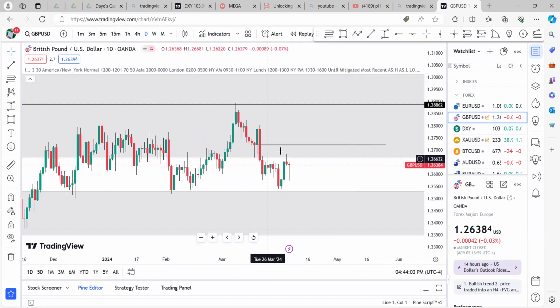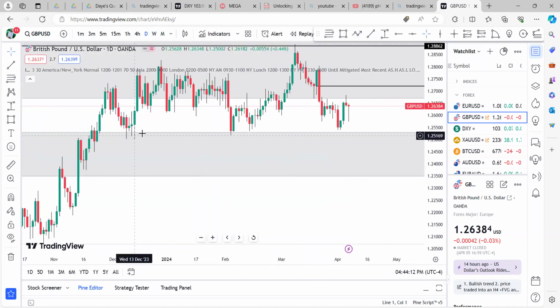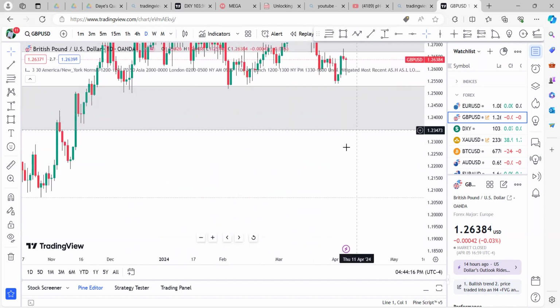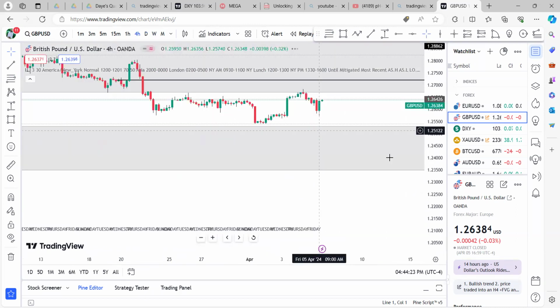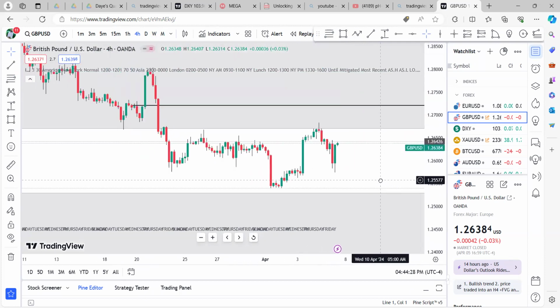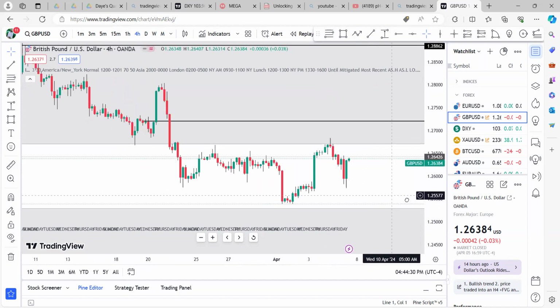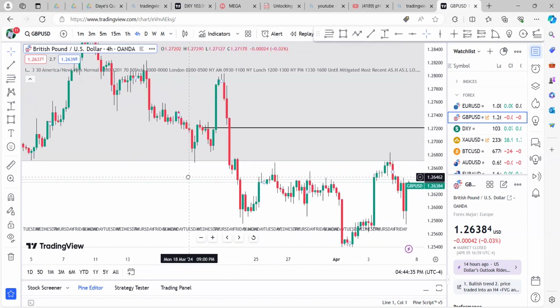There's another block, and that's liquidity. I expect price to pick up this liquidity, trade into this, and then move to the downside, take out these relative equal lows here, and trade below this balance price range on the monthly or on the weekly. Then I'll be sitting on the sidelines, looking at what price should do this week.